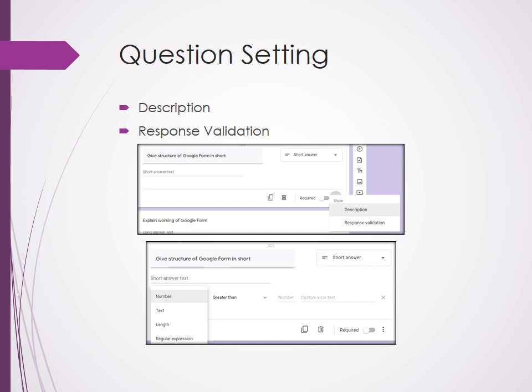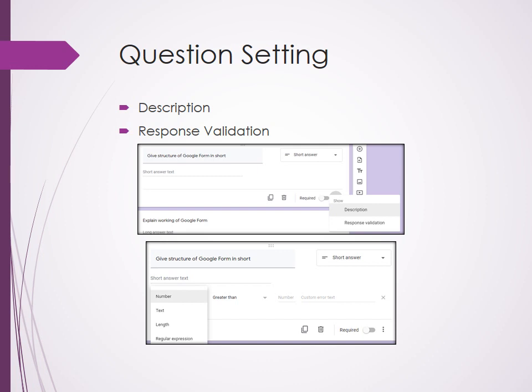So far we have seen all the possible questions. Now we will see the settings about the question. As we write information for the form in the description tab, in a similar way we may add a description about the questions along with the questions. So here there will be a description just below the question. It may give some additional information about the question, what type of answer it is expecting, or what you are talking about. Okay, so that is required.